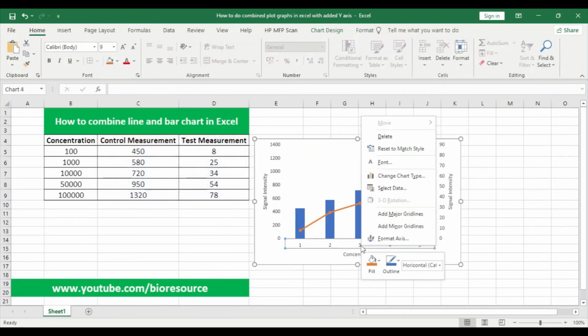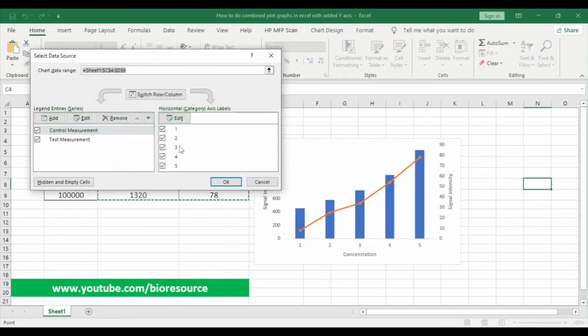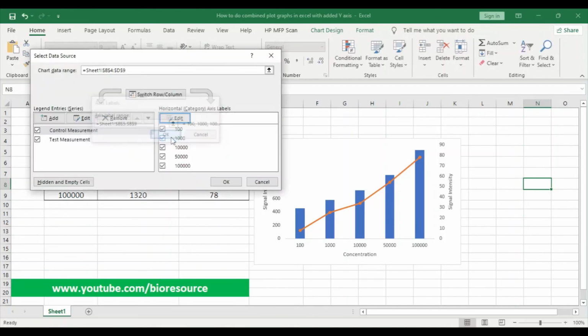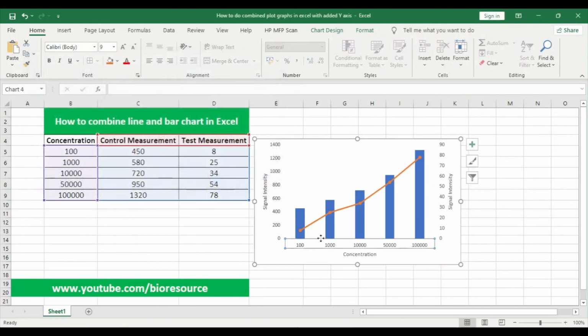And for the concentration, you can select data and go to axis label, give the concentration values. So now we have the x-axis as the concentration and the y-axis as the signal intensities of both the measurements. Hope you're clear with this